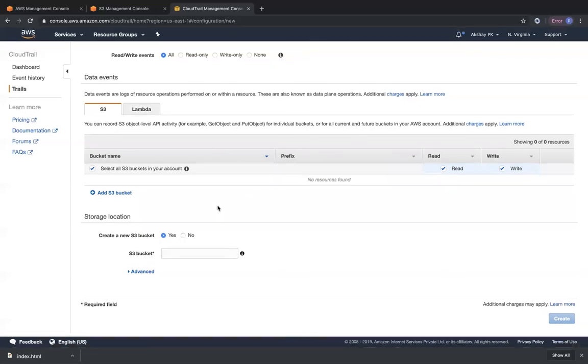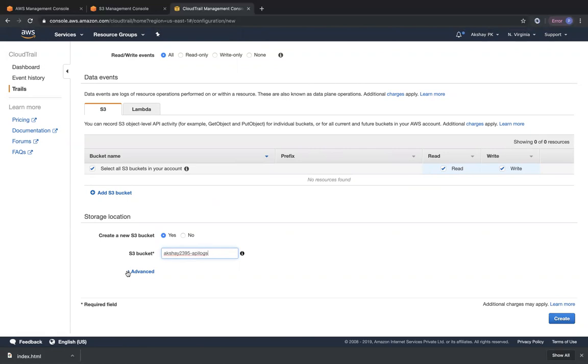Okay, so the storage location. Like how we mentioned for server access logs, we created a new S3 bucket where we gave the S3 log delivery group write permissions for that S3 bucket. Similarly, for CloudTrail related API logs, we are going to create a new S3 bucket. We are going to call it Akshay 2395 hyphen API logs.